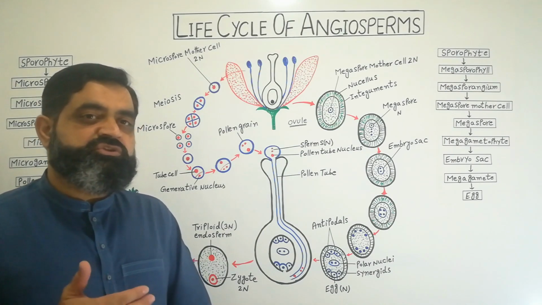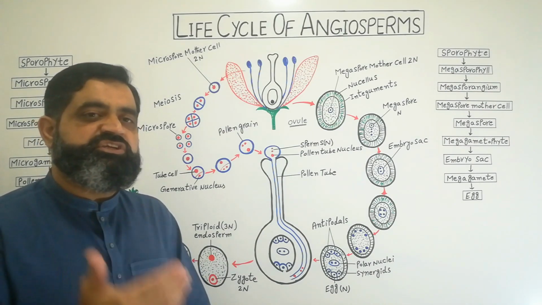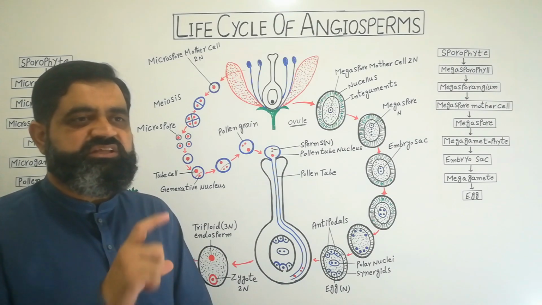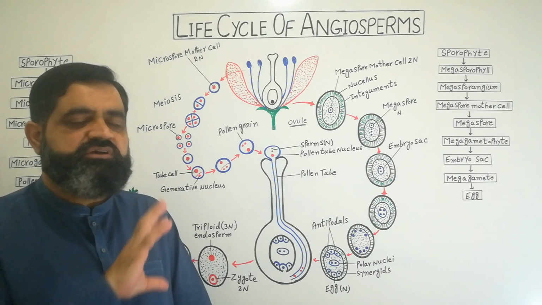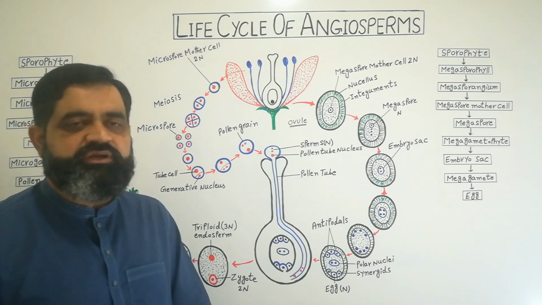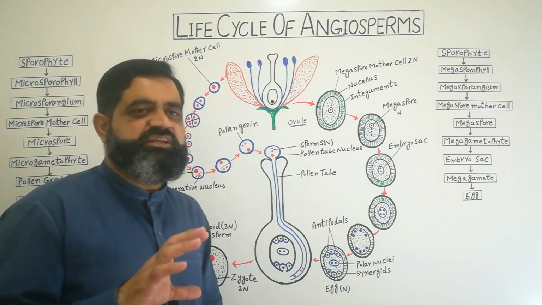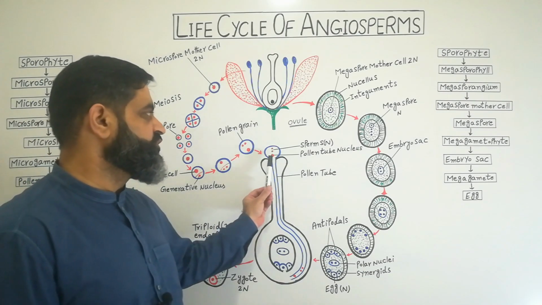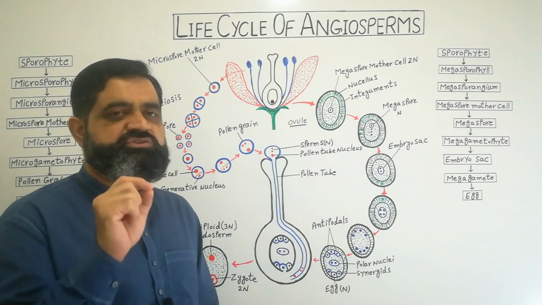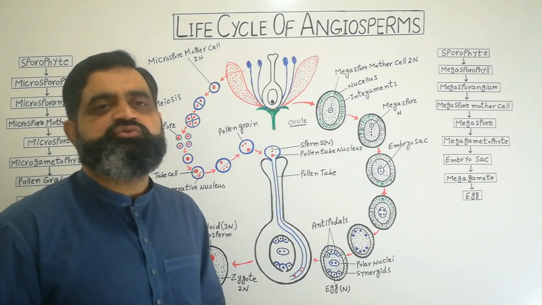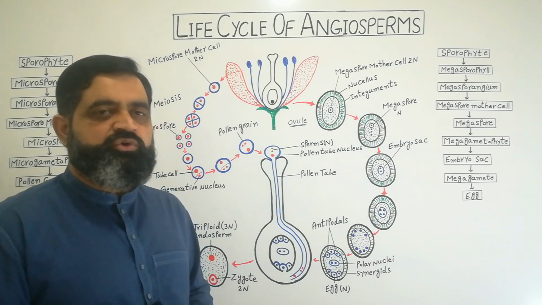How is it going to reach there? Because there is no space, there is no way, there is no tube, there is nothing, because the nucellus tissue has covered all the way around the egg. So for this purpose, nature has created the pollen tube nucleus. This tube nucleus will release certain enzymes which break down, dissolve, and digest the tissue of the ovary to reach the egg.